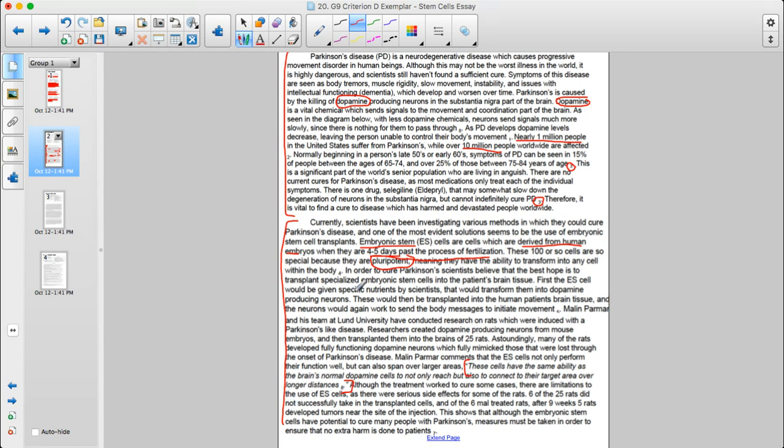Now, in explaining the science, the person did not just say that these stem cells are injected into the person and that helps fix the neurons in the person's brain. They actually went back to the foundational science and explained what embryonic stem cells are, where they come from, what it means that they are pluripotent and why that's important, and why that's going to allow them to work as a solution. So in addition to just explaining